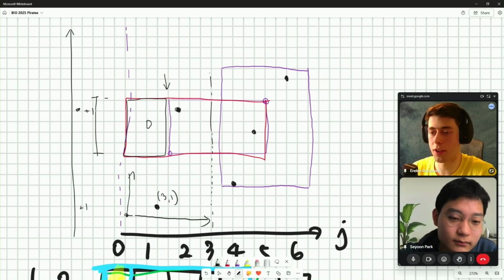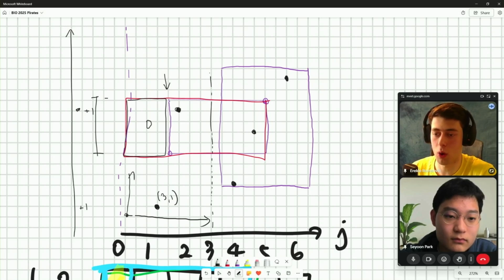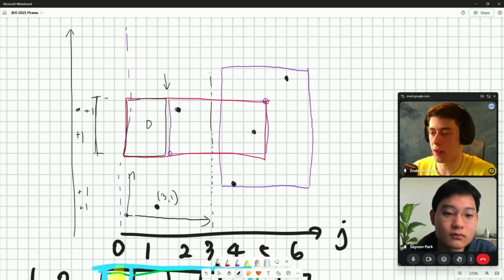Then we'll add 1 for this point. Imagine this purple rectangle was the only one in the query. Then we'll add both these points as well, +1, +1 at their heights. Then we'll hit the right endpoint of this rectangle, so we'll ask for the red rectangle. That'll be this range again, and now it has 2 points. At the end, we'll do 2 - 0 to get 2 points for this purple one.